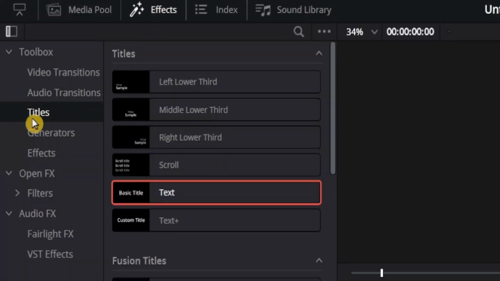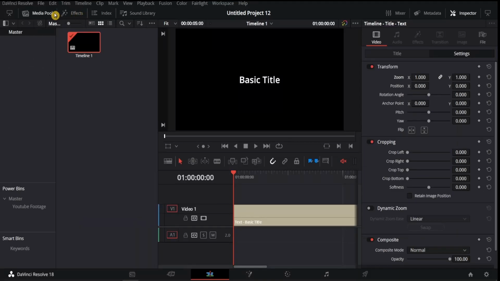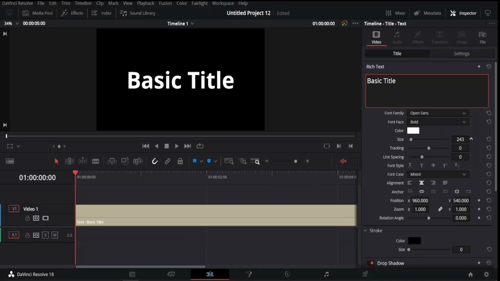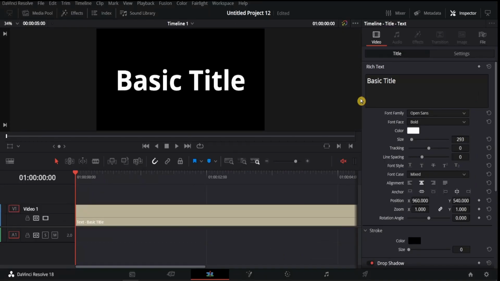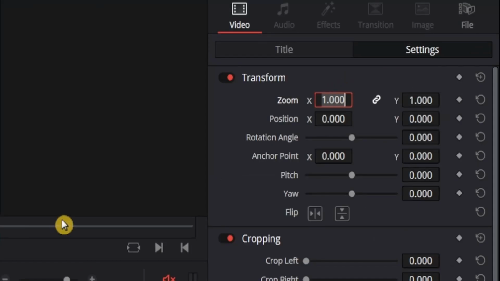Effects, titles, text. Grab it and drag it onto the timeline. Now, here in titles, make sure you increase our text a little bit. And now, in settings here, make sure you write 0 and press enter,